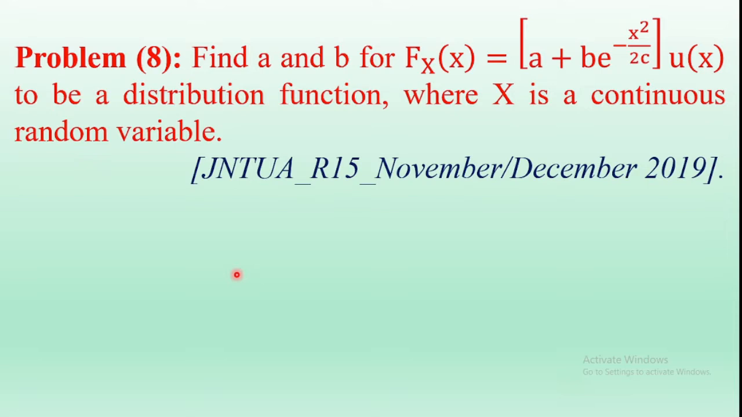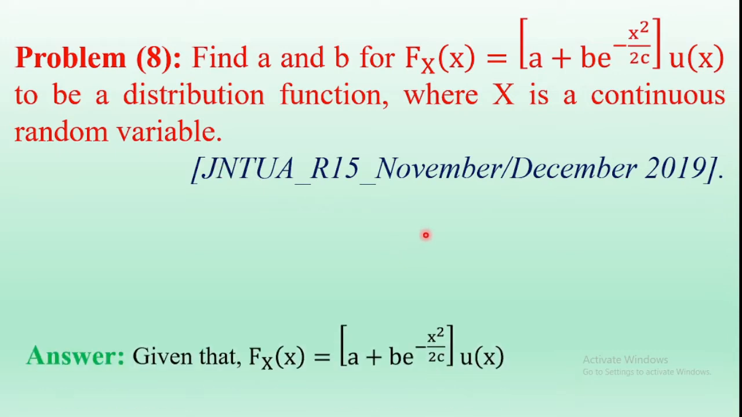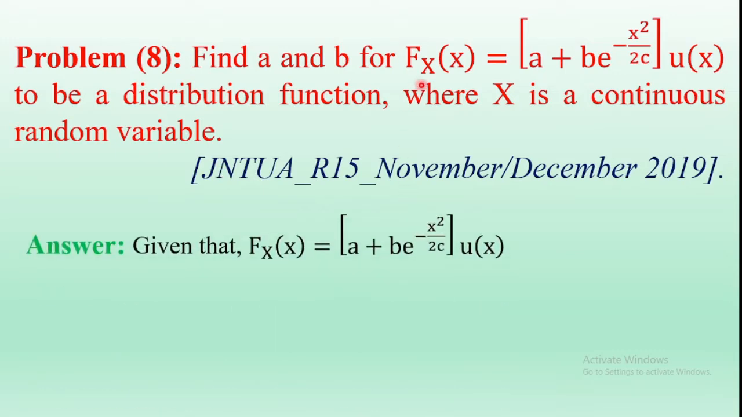In this video, I am going to discuss an example of a probability distribution function. This is a previous examination question. The given example is: find small a and small b for capital Fx of x equals (a + b e^(-x²/2c)) u(x) to be a distribution function, where x is a continuous random variable. Coming to the solution, given that the cumulative distribution function is Fx of x as this,